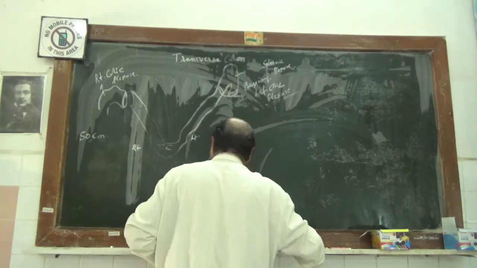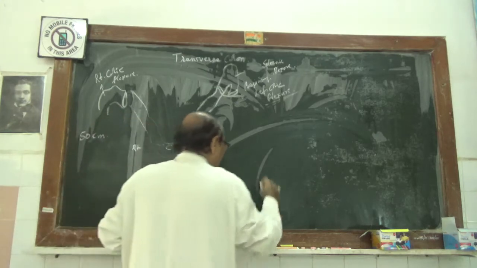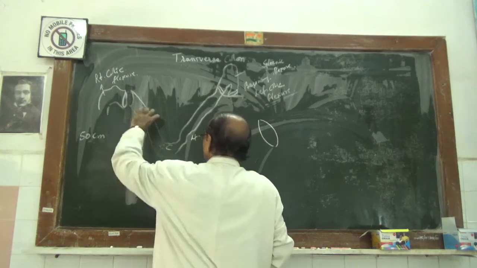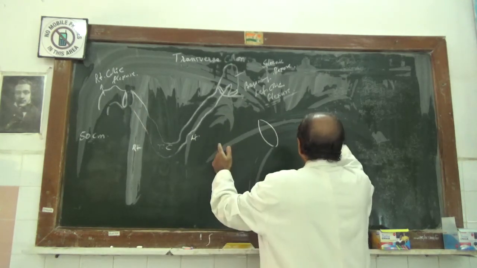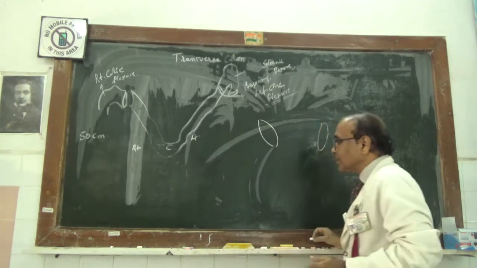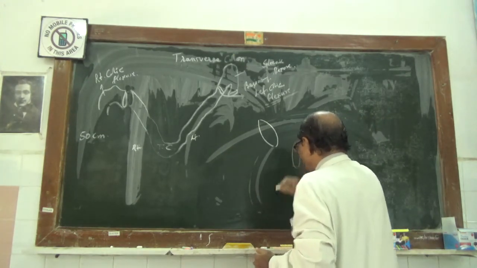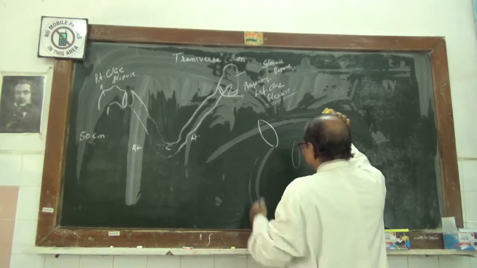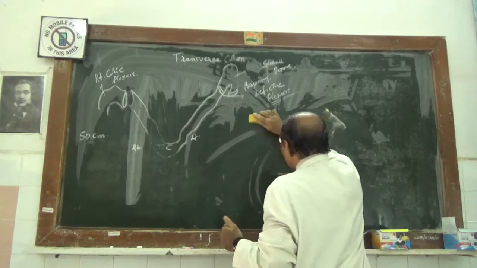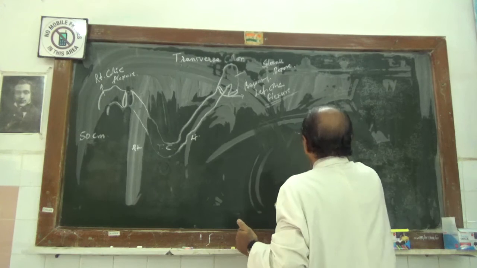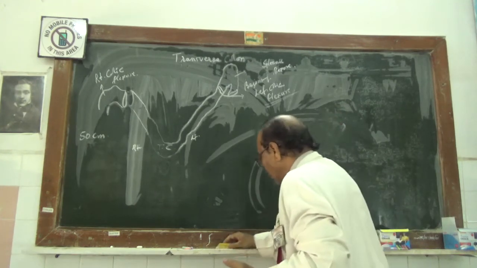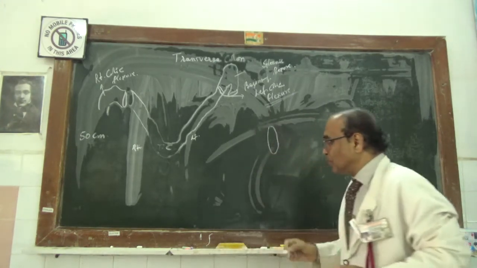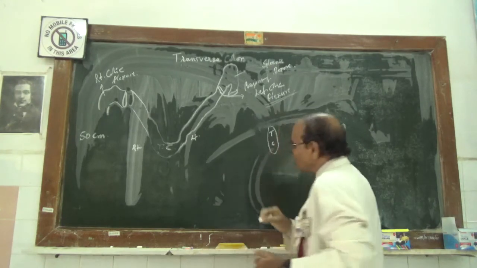Now in order to understand the relation, you have to take a cut section and keep it here. It will be here, or if you want, there at this point, or if you want in the center, it will come like this. This is the cut section. Either you take the cut on the right part, the left part, or in between, it matters nothing. But you have to have the relations. Now you keep this as a transverse colon.